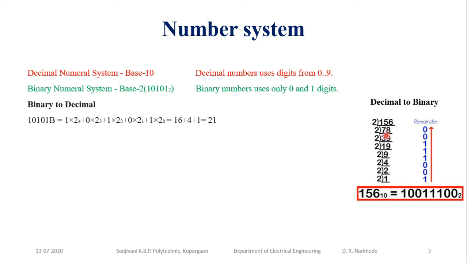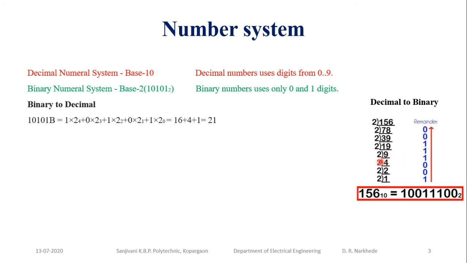When you divide 78 by 2, we get 39. The remainder is 0. When you divide 39 by 2, that is 19, since 19 times 2 is 38, but there is a remainder, so the remainder is 1. Again, I am dividing 19 by 2, I will get 9. 9 times 2 is 18, so 19 minus 18, the remainder is 1. Again, we divide 9 by 2, and we get remainder 1.